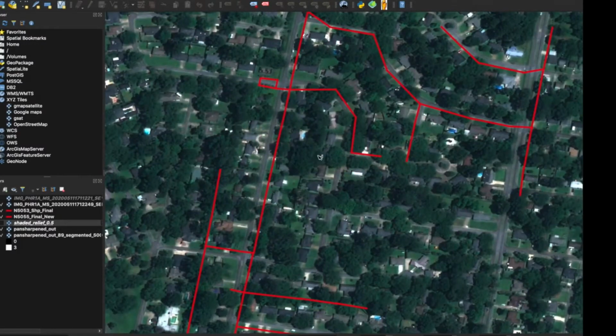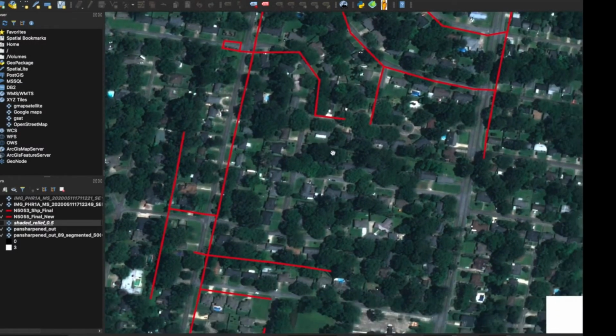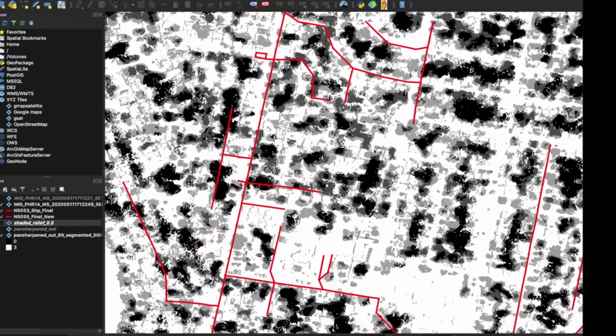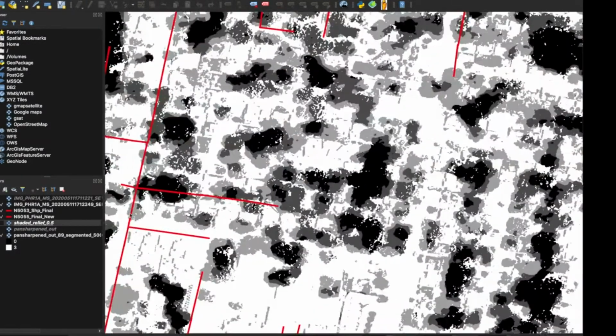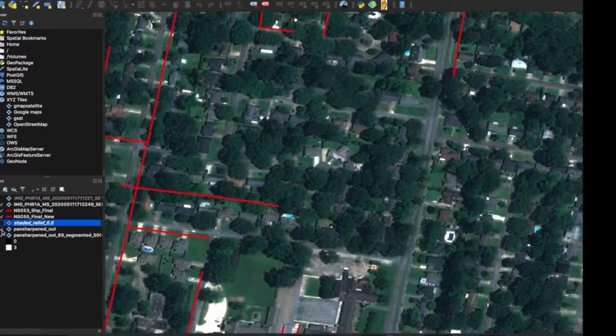This satellite image is at 0.5 meter resolution, and it outputs a geo-encoded heat map which tells where the trees are above 9 meter height and where they are below 9 meter height, and it tells what is grass and what are non-vegetation regions. Black color represents trees which are above 9 meter height, dark gray represents trees which are below 9 meter height, light gray represents grass, and white represents non-vegetation regions.